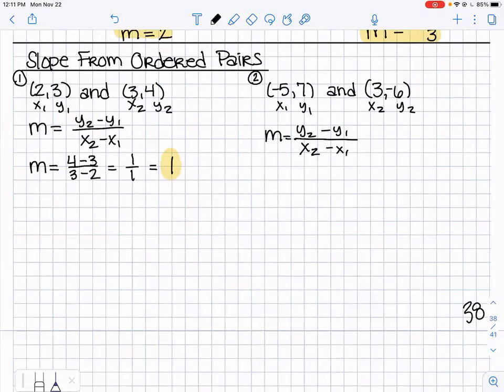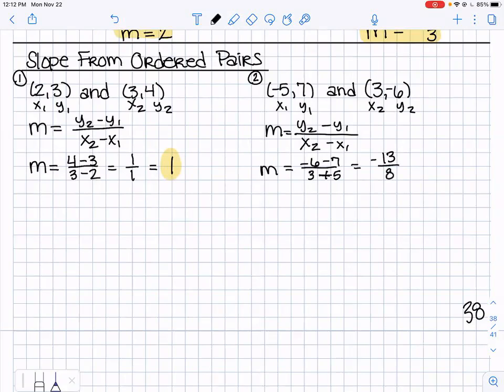So -6 minus 7 over 2 minus -5, which is +5. Oh, wait, where'd you get 2 from? You mean 3? Yeah, 3 minus -5, which is actually 3 plus 5. Okay, so -6 minus 7 is -13, and 3 plus 5 is